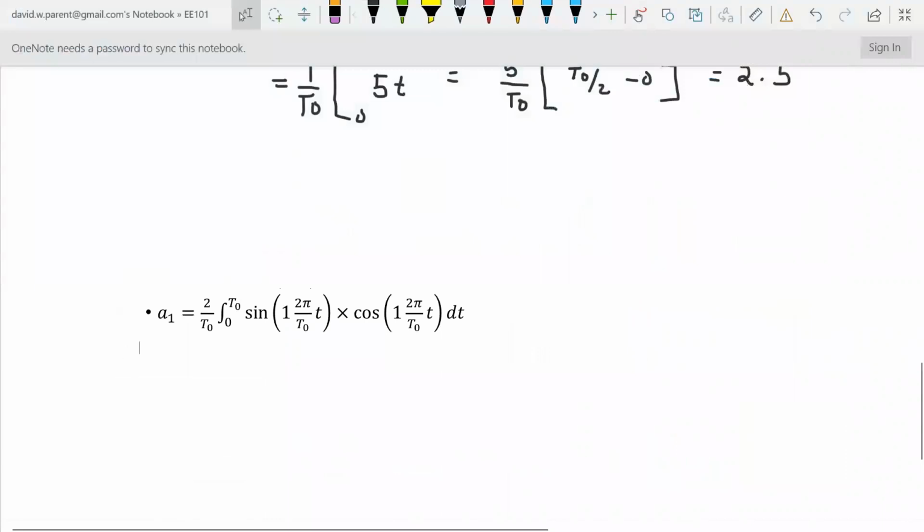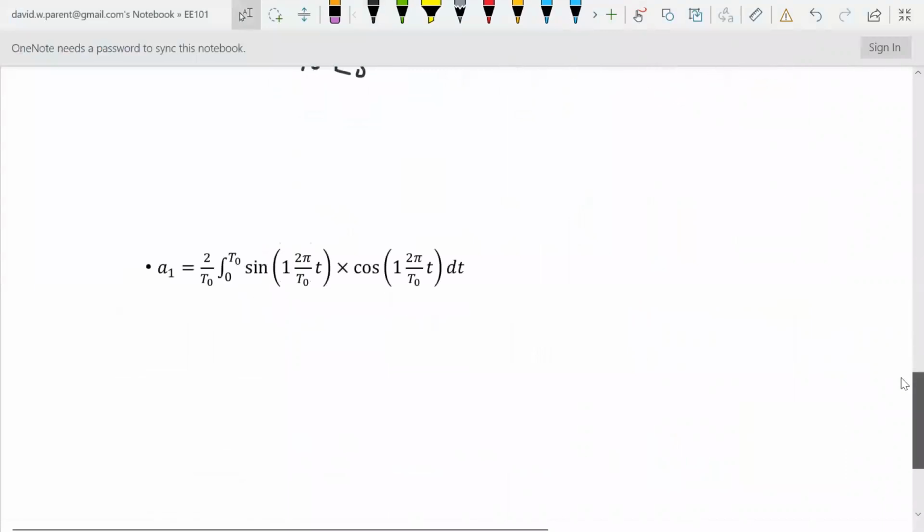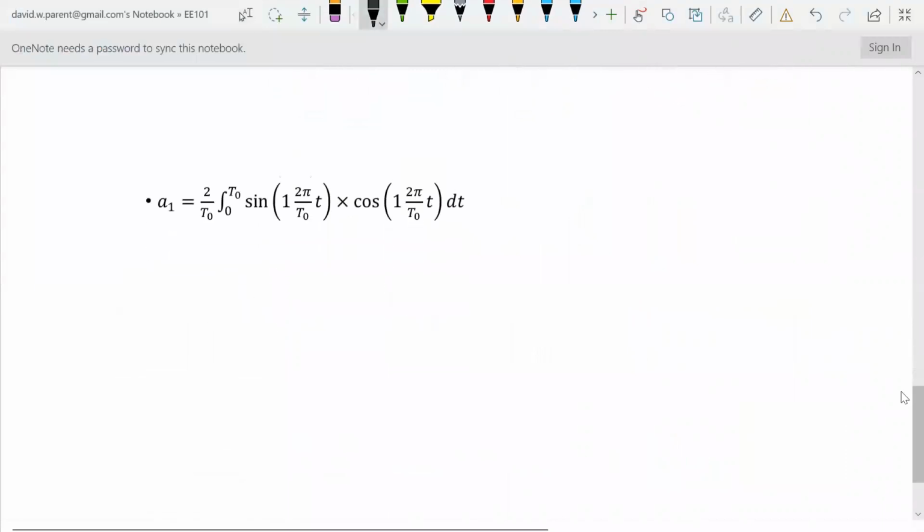Sometimes I need help remembering. So we already found A naught. Let's find A1. So A_n is 2 divided by T naught